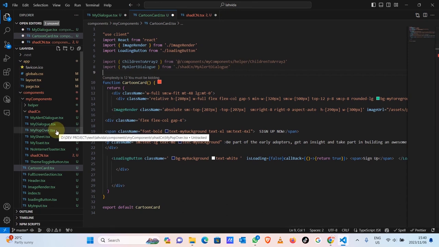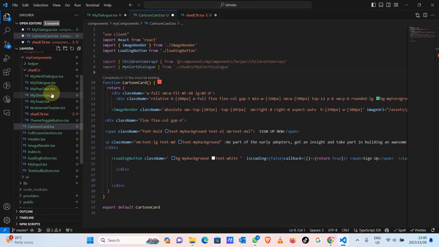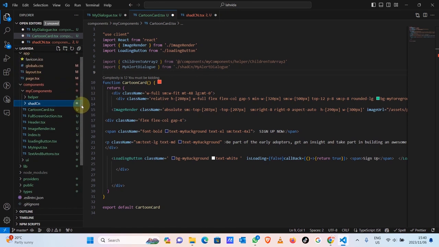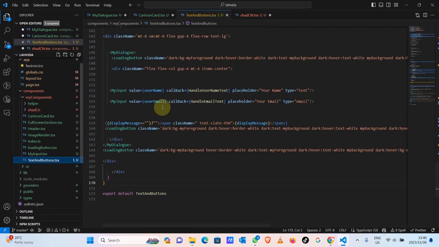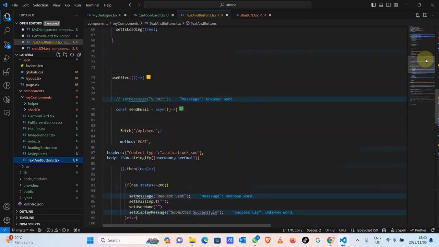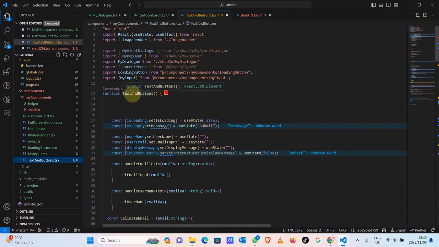Let's see, what do we want to inject? It's a component that has got something to do with button. Let me just quickly check here. Am I inside Shadcn? No, I'm looking for a component. Loading button? No, it has got text and button. Yeah, here it is. Let me also import it. I'm going to shove this in as big as it is. Let me just check the name. We import this into